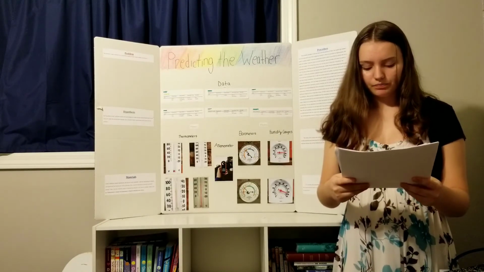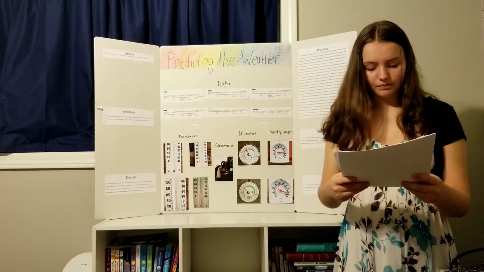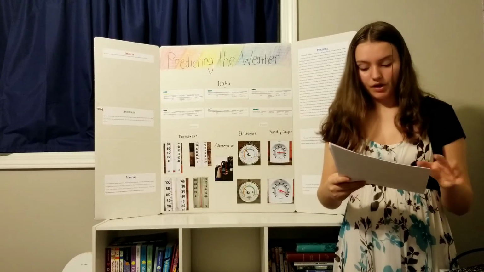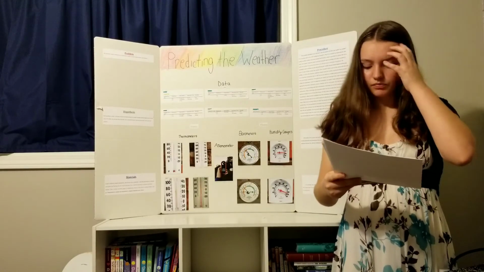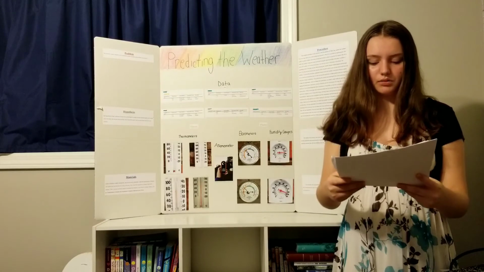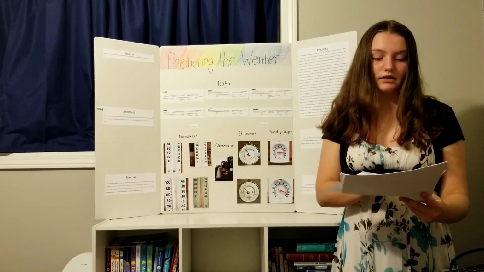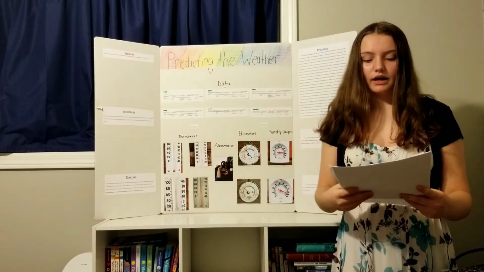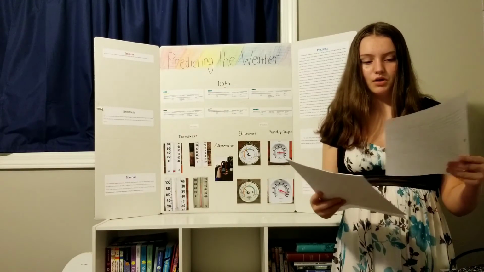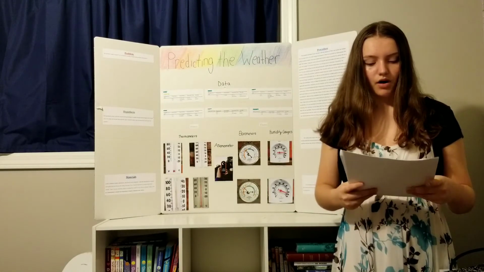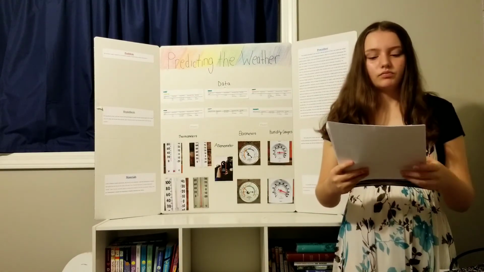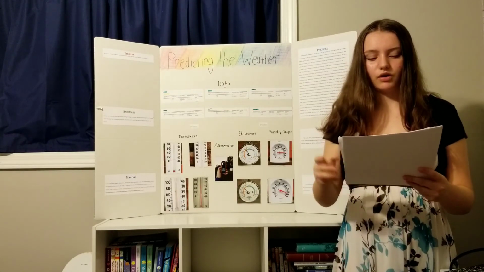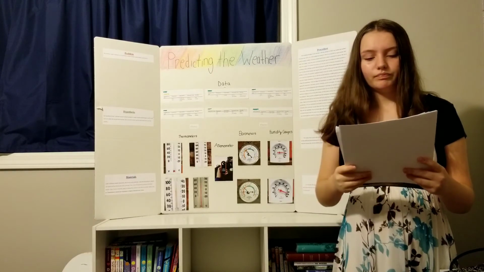If the pressure suddenly drops, then you will see a low pressure system, which can bring storms, rain, and even sometimes high wind speeds. But in the opposite scenario, with a high pressure system, you will see rain, possibly a snowstorm. This is due to the high pressure front that is there.